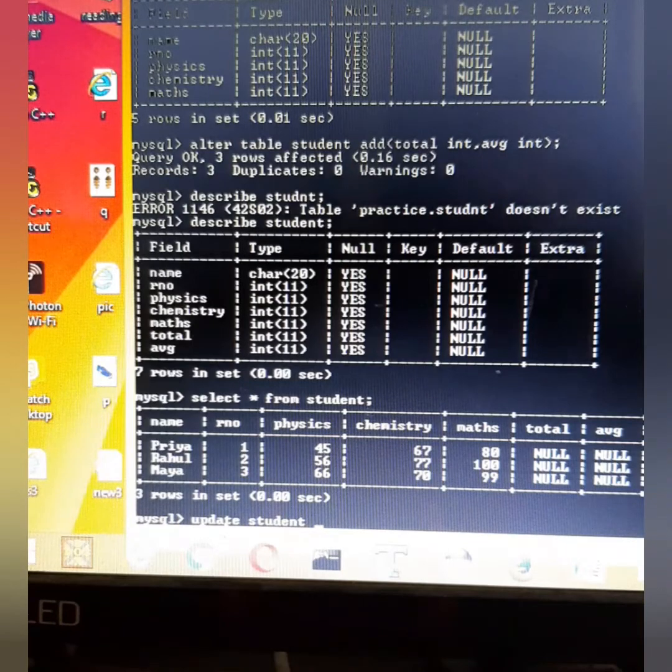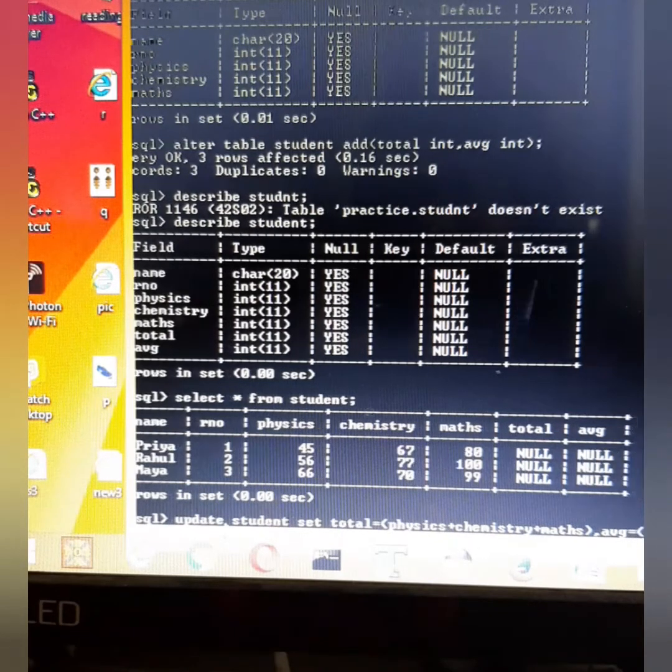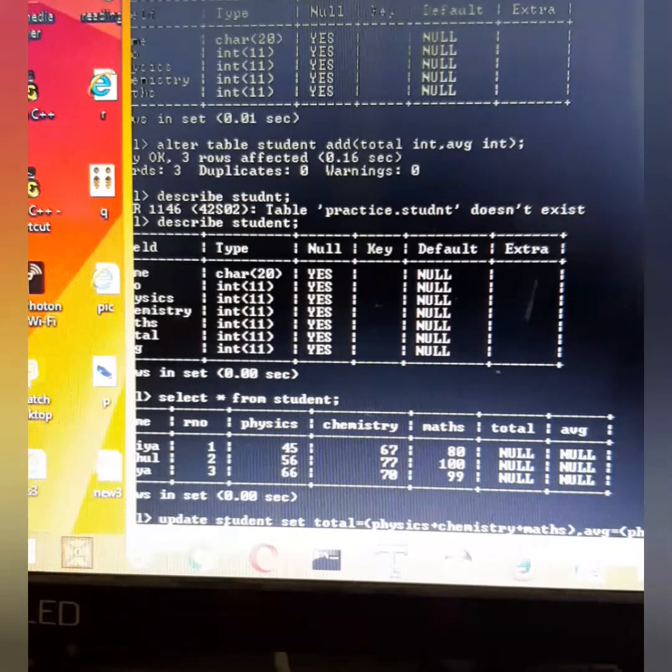Update student, the syntax is update, table name, set total is equal to physics plus chemistry plus maths, comma, average is equal to physics plus chemistry plus maths, semicolon.